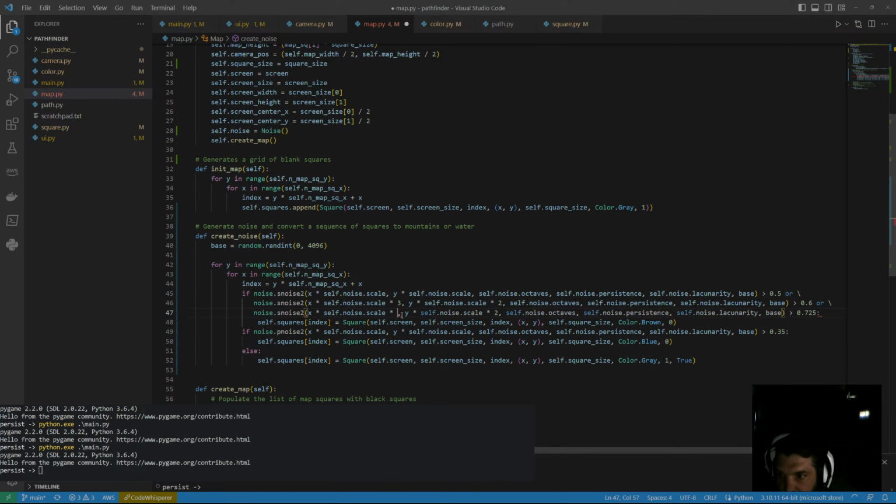Point times 4 times 6, and so these will be smaller, like fractals essentially. But the other thing that we're going to do here is we're going to say base plus 1, and then base times 2. So these are different factors. This is the number that's being used to create the noise. So this should create a little bit more unique maps, and then we should also have brown and blue to represent